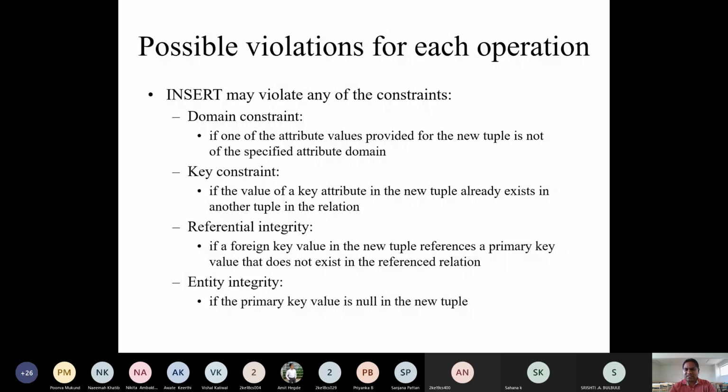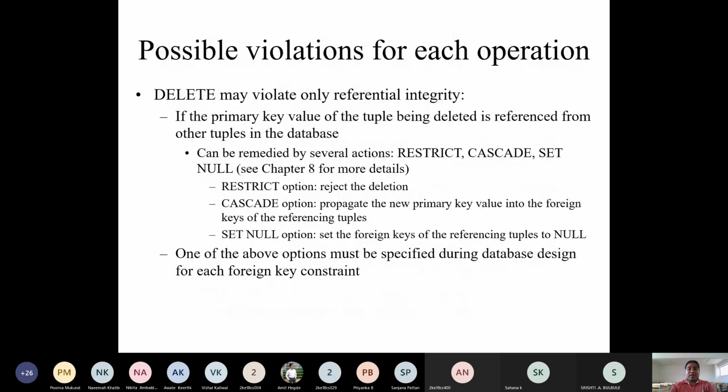Now what is entity integrity? If the primary key value is null in the new tuple, if you are trying to insert a null value for any attribute specified as not null or a key attribute, definitely you will get an entity integrity error. Or sometimes if you try to write a null value for not null, or a duplicate value for a unique column, all that is a type of constraint violation. So when may a delete throw an error? Insert is done, delete is done, update, two things are still left out.